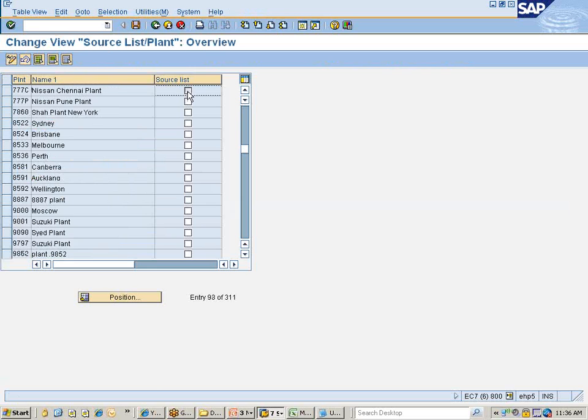If you set this indicator for your plant, it means the system expects to maintain a source list for each of the materials in this plant. If there is no source list, the system will not allow you to source the material. This is for all the materials in this plant. It's not specific to a material, but your question is specific to material, so I do not have any standard